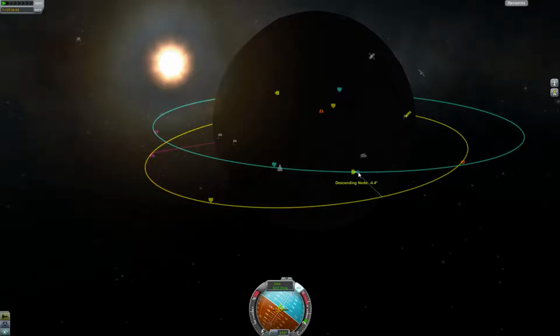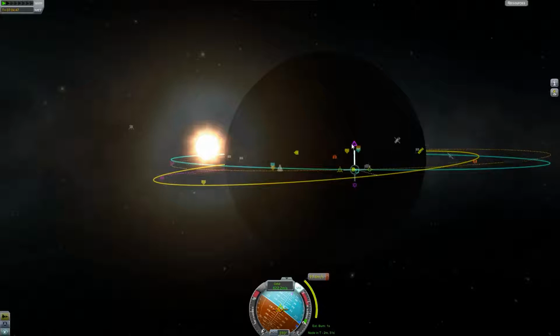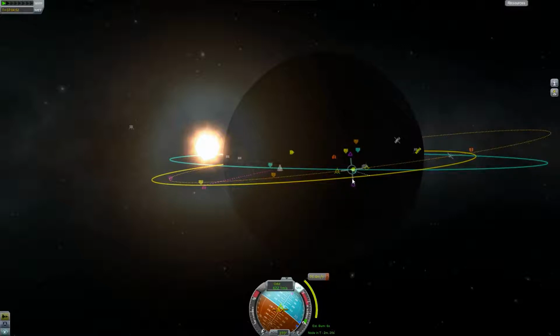Okay, there we have our descending and ascending node, and at the descending node we want to make sure at first that we are getting aligned. Oh, this was too much. So this is all a good practice for our